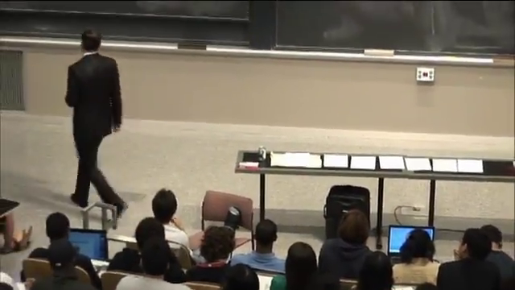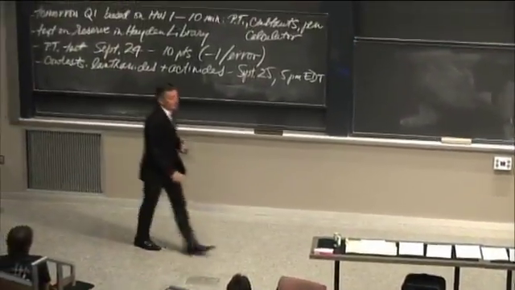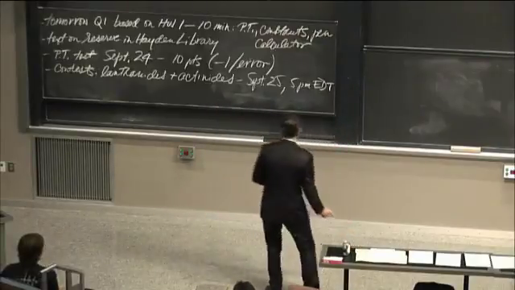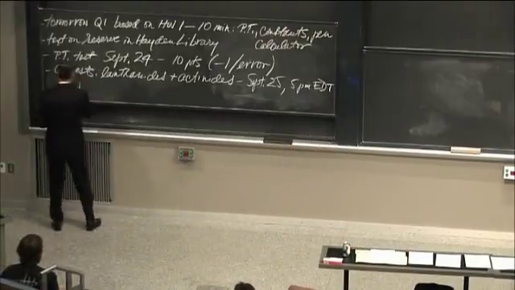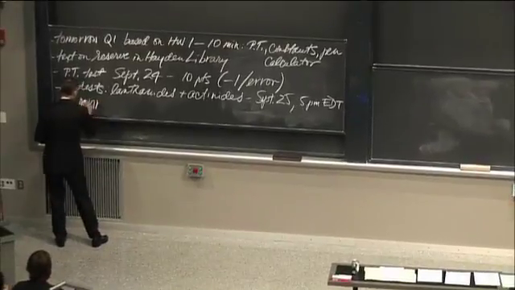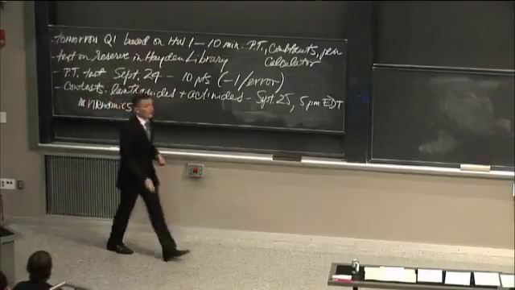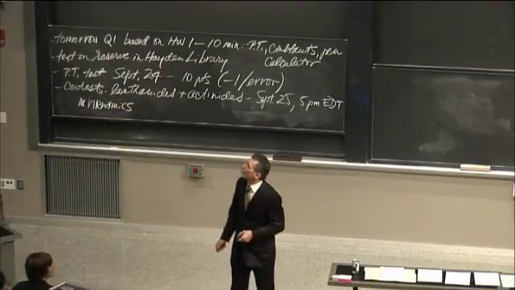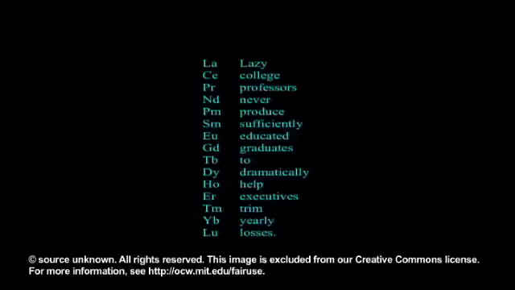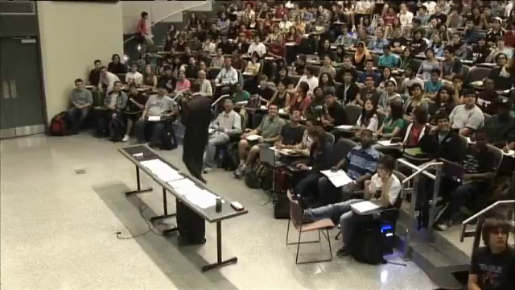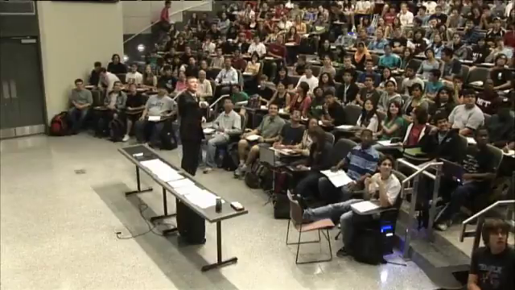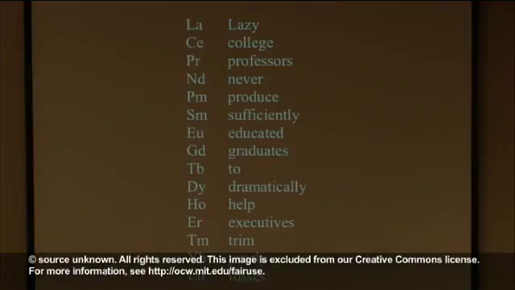So we're going to have 2 contests, mnemonics, to help remember the names of the lanthanides and actinides. That's tricky to remember. So here are some examples. Here's one: lanthanum, cerium, praseodymium, neodymium, and so on. All right, obviously this one came from industry because of the slur against the academy. Obviously somebody in industry has no idea how hard we work here. And plus, look at this, to dramatically help. This gigantic split infinitive. Clearly someone from industry.